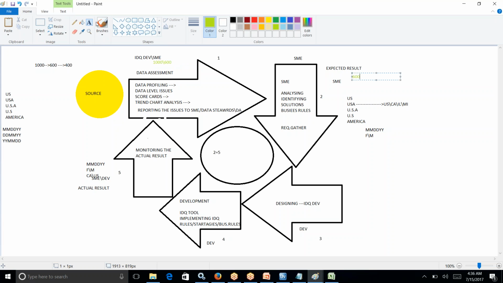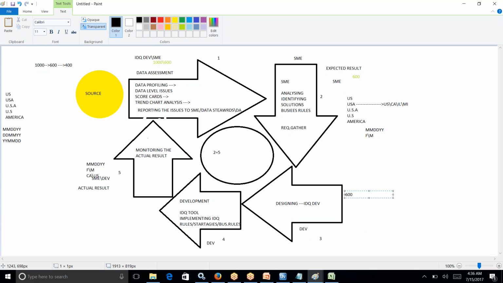Then I'm doing the development also for 600 issues. Then automatically development is completed for 600 issues. Whenever you are monitoring, still 400 issues are coming, because our data quality tool is not able to identify these 400 issues. I did the analysis at a very high level, but these 400 issues belong to very low